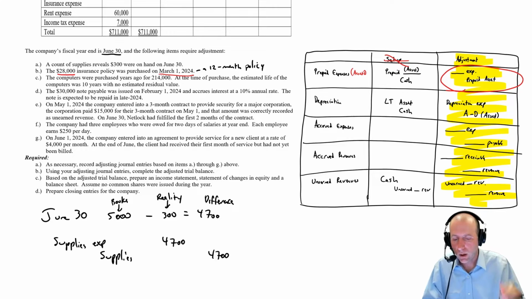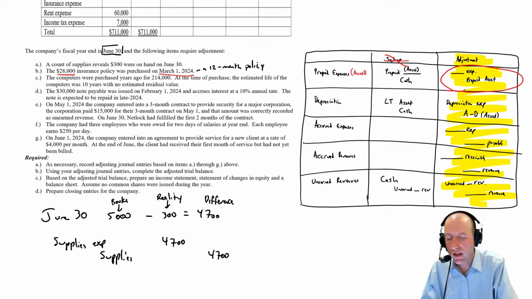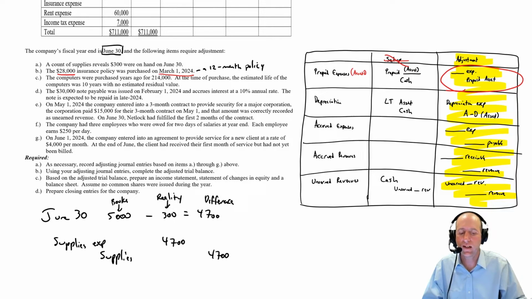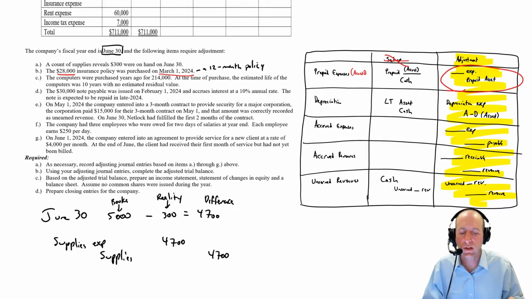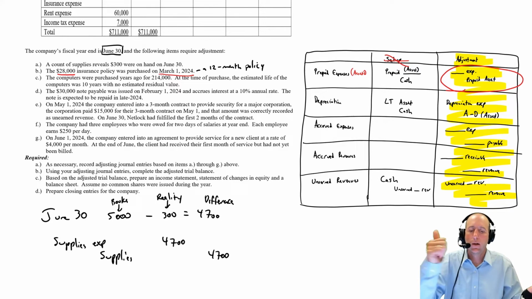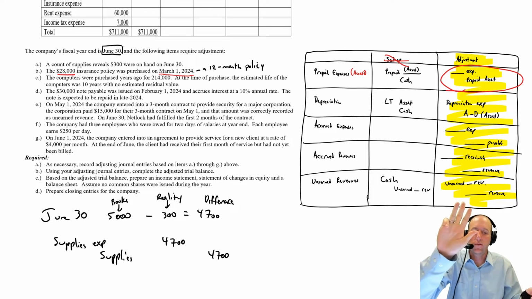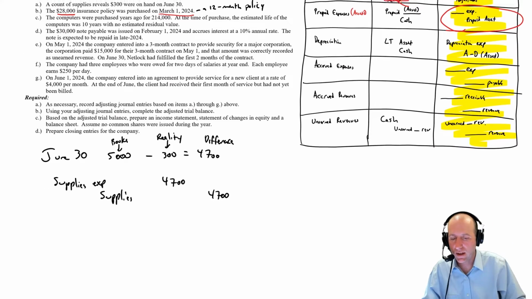Okay, so it's a 1-year insurance policy. We bought it on March 1st, 2024. Today is June 30th, 2024. So we got to say, okay, do I have $28,000 worth of insurance? The answer is no, right? I've used some up. Some of that insurance has expired. Between March and June, I've been using the insurance. So March, April, May, June. That's 4 months. So the math here is